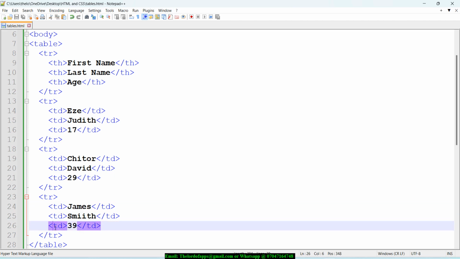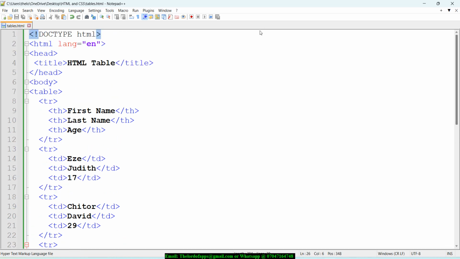Okay, and that's just what I want to explain to you on that particular point, and that is why it is actually called an element: it serves as a container. It can contain all sorts of HTML elements. So, without wasting more time, to add something like a border to that,